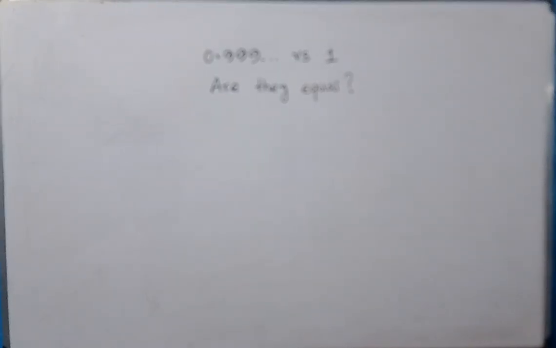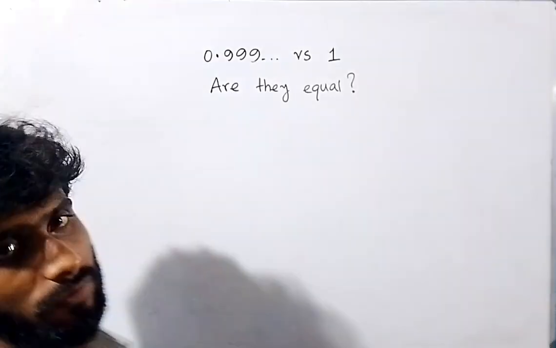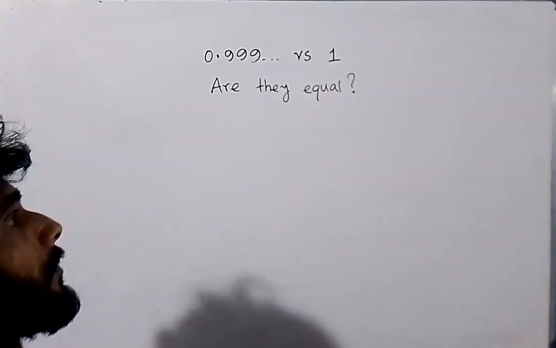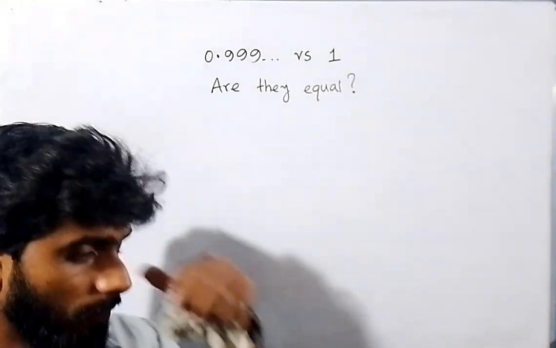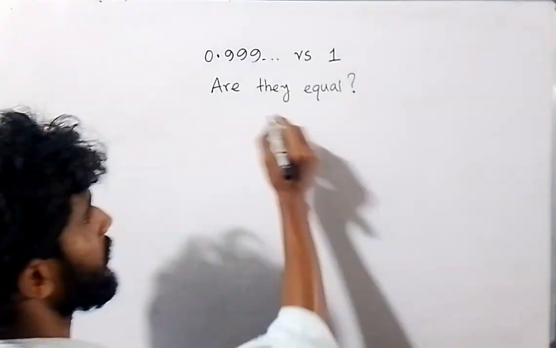Okay, we have two numbers, that is 0.999 and so on, and 1. So are they equal? To solve this problem, I will solve it in three different methods. So the first method is,